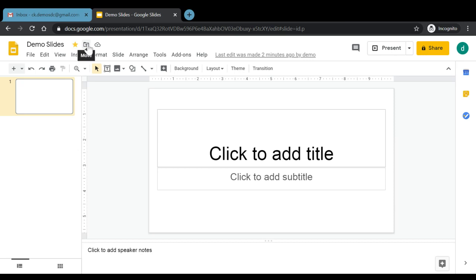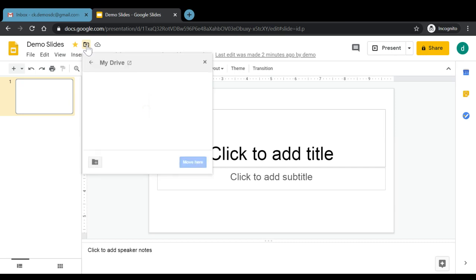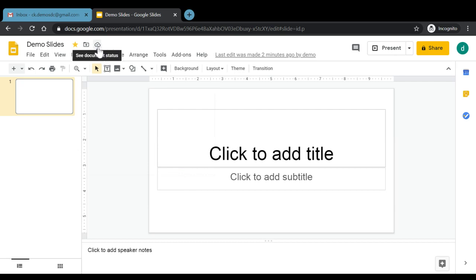Along with that, if we want to shift it to a specific folder, for example, we can click here and it will show us the different folders that we had created in our Google Drive. So we can move it to a selective folder as well. Further, whatever changes have been made are saved to the cloud, and we can see the document status also here. That is, at what time this Google Slide was created and at what time some changes have been made to